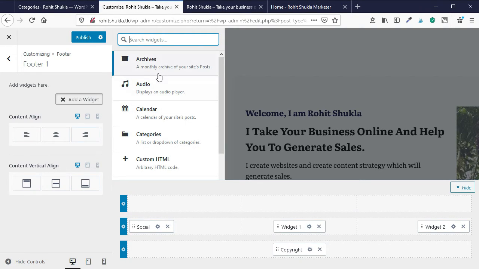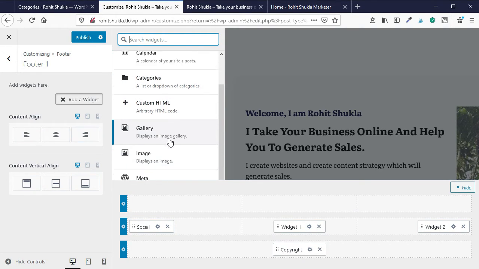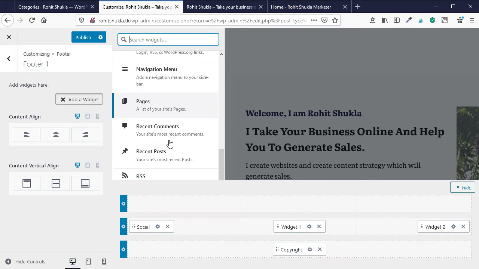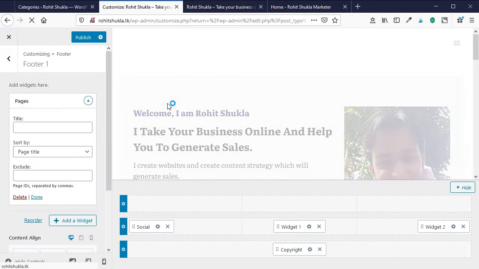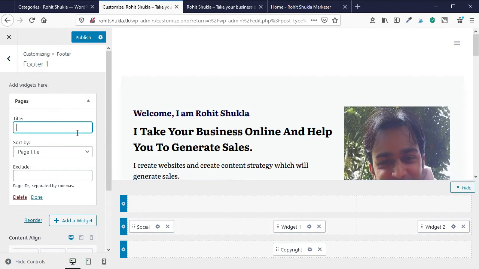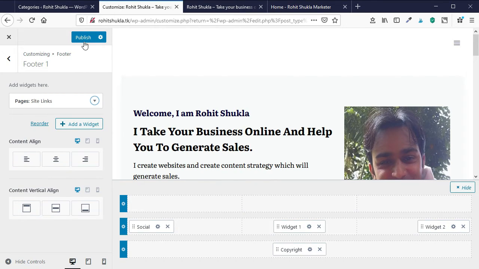We can use either custom HTML or the page section. I will select the page section, which is very easy. Just give the title. I will write site links, and now it will show all the pages which we have created earlier in this section.